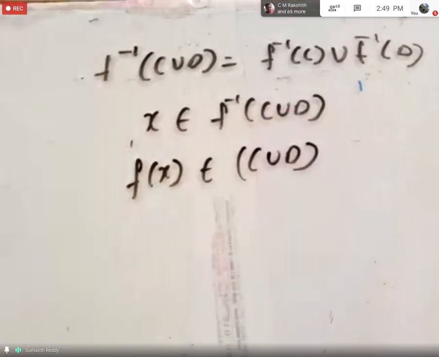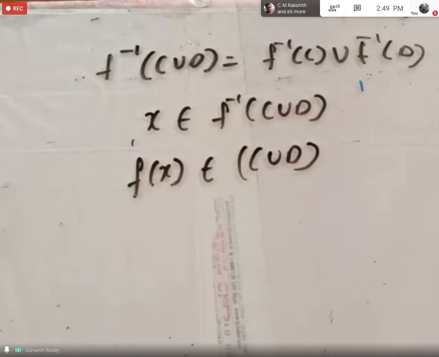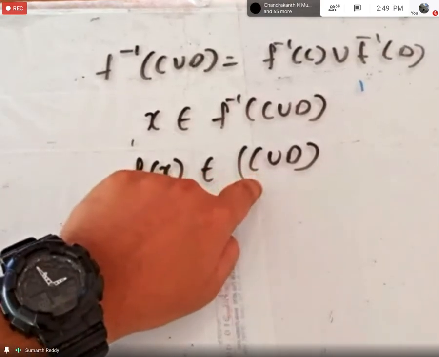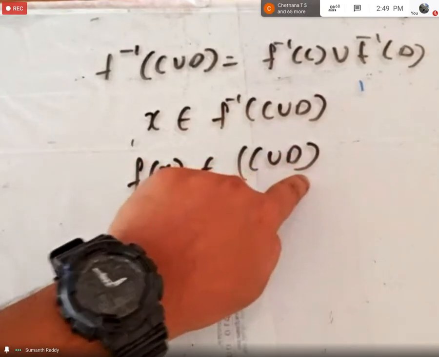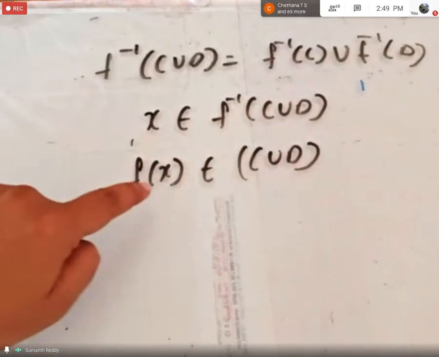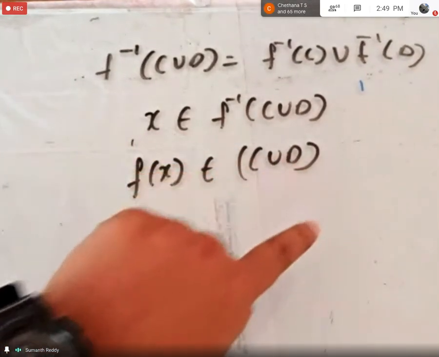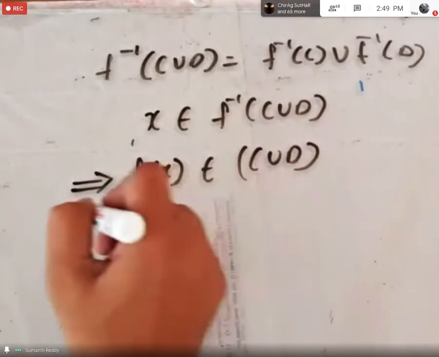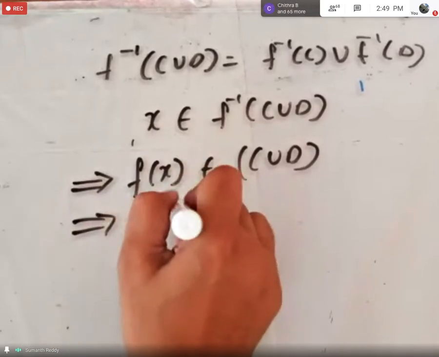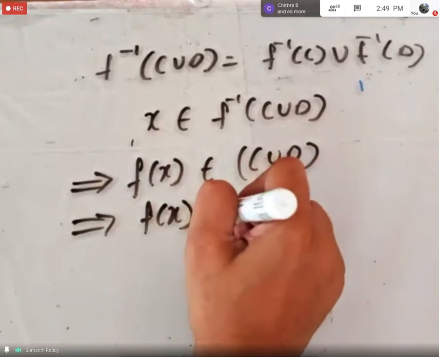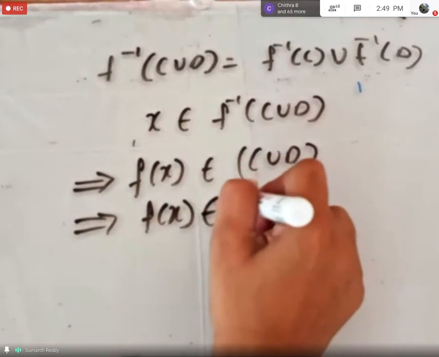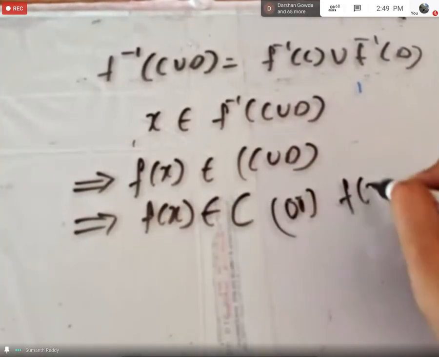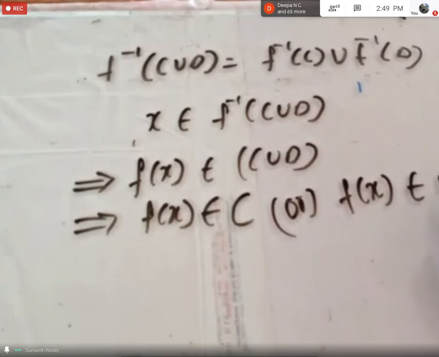Okay, and you remember the definition of union, right? If I have the union, the meaning is this particular element belongs to C or it belongs to D. Suppose if you have the intersection, then this particular element belongs to C and D. So based on this, this can be written as, I am just elaborating this based on the definition of union, f of x belongs to C or f of x belongs to D.